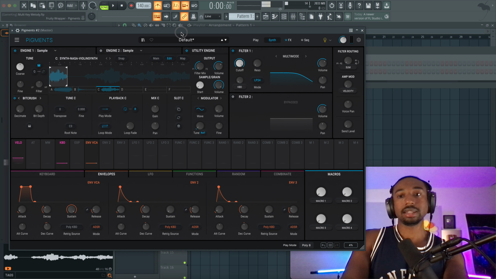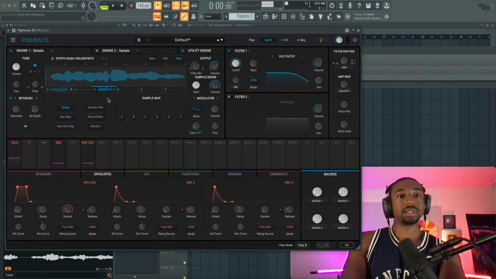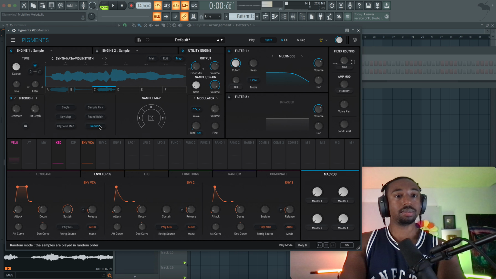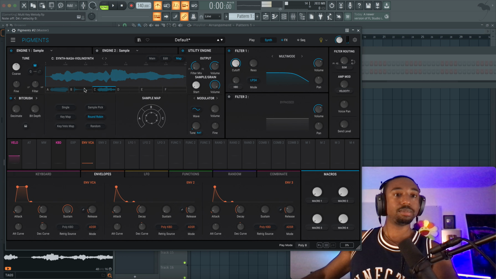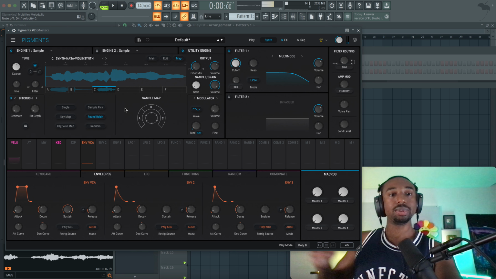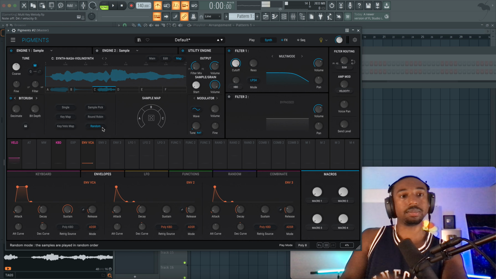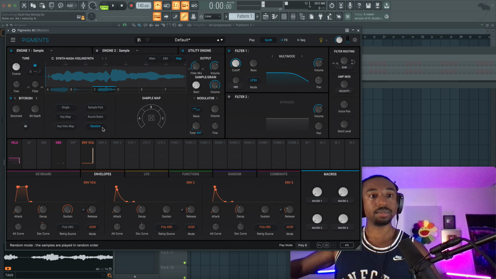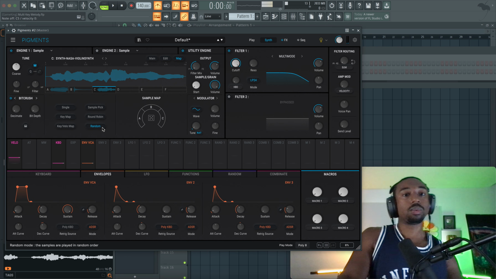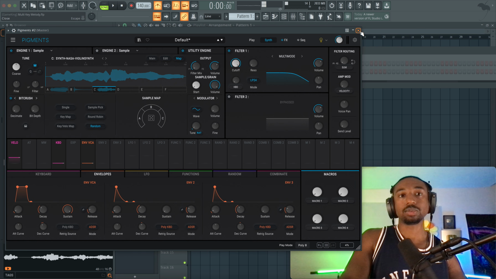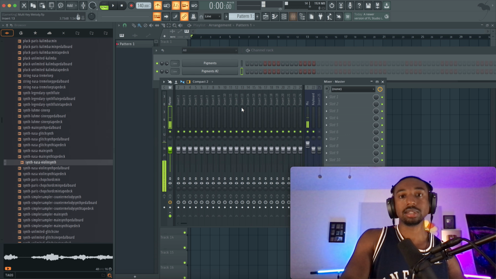Now what you do to make it multi-key is you go to map mode, and this is what I learned from SwayFlow. Go to random. Round robin means every time I hit a key, it goes from A to B to C to D to E to F, so it triggers each one of those. But that's kind of predictable, so let's go to random. Basically it's going to be random. So when I play multiple notes, it's always going to pick a random sample to play, and that's what creates this really unique sound. Let me turn off my mic so it doesn't get crazy.